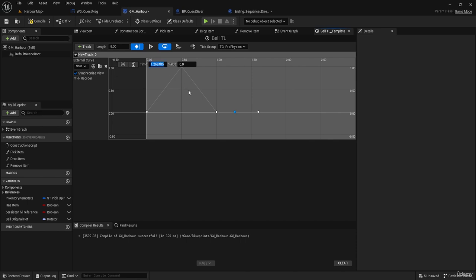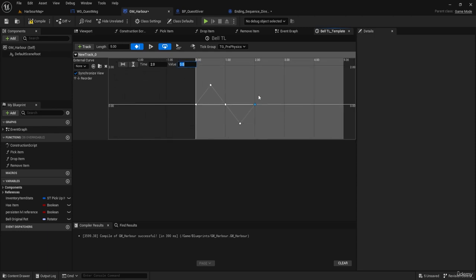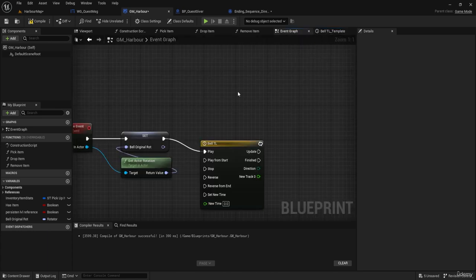So 1.5 it would be -1, and on 2 it would be 0. Is this correct? Does this take 1 second? I'm not sure how bells work. That's embarrassing to say. Anyway,